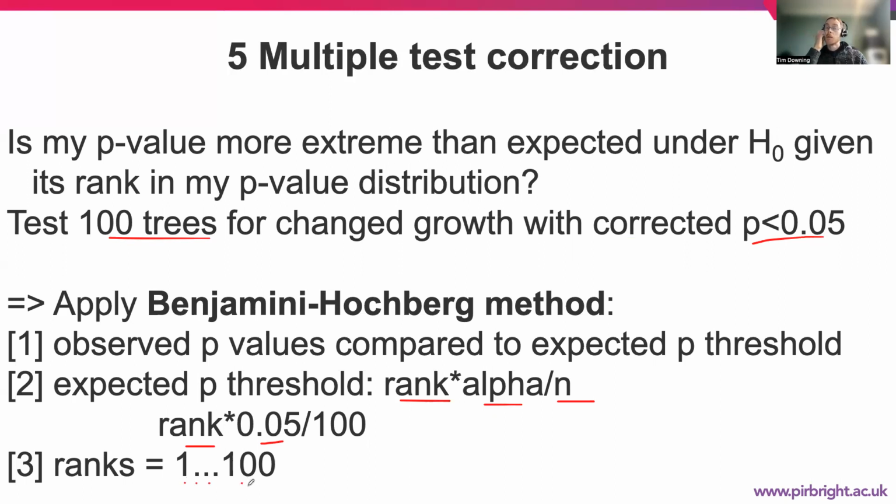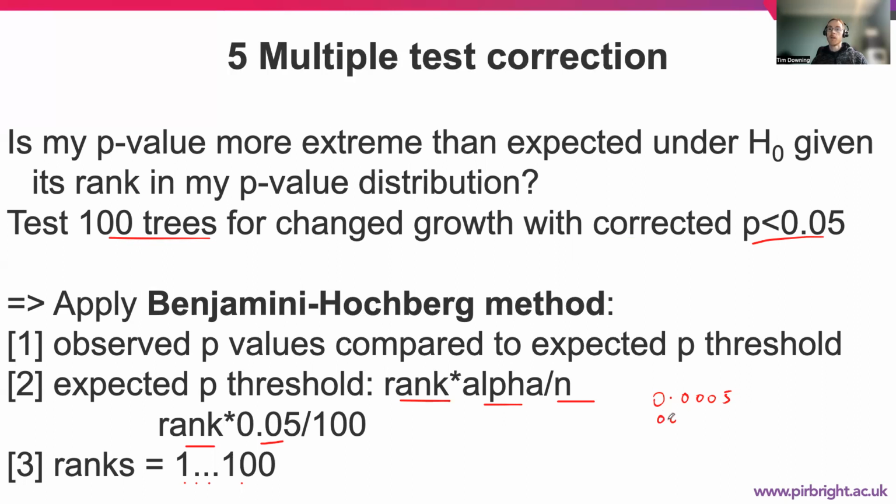all the way down to 100. So that would mean our threshold p-value for the first p-value will be smaller, and then our threshold for the ones that are further down will be less small. So that will mean that our threshold p-value for the first one is simply going to be 0.0005. This is 0.0005. And then our next one down is going to be,